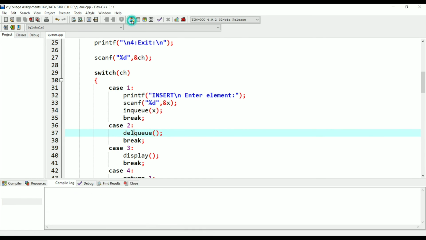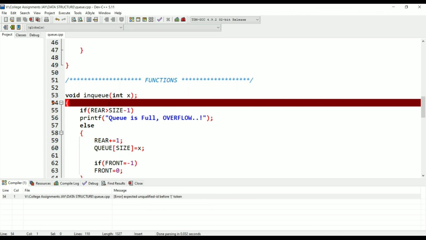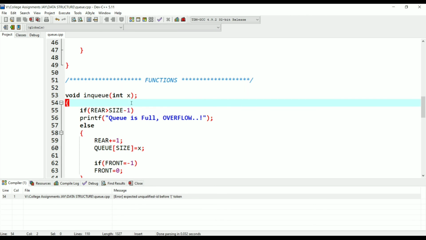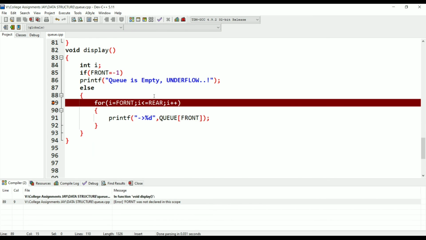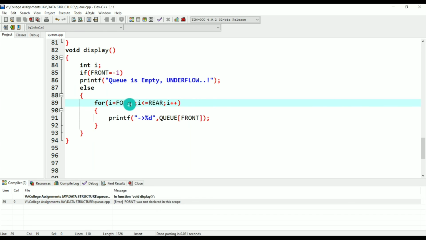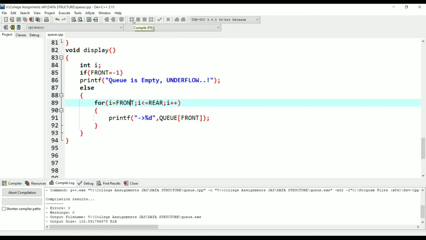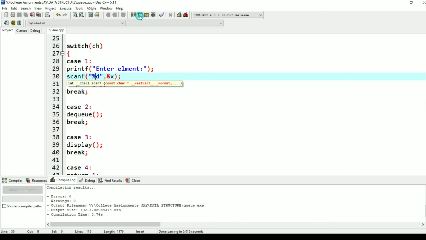Let's see what error comes next. Okay, we forgot to erase that semicolon, so we'll now save and compile it. Okay, one more error, front. The spelling of front is wrong, no problem. Such small mistakes happen, it's okay.